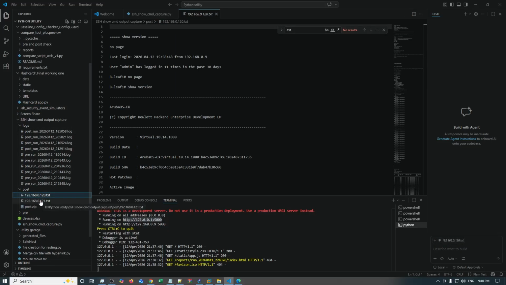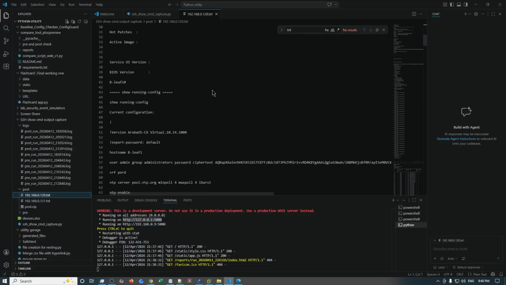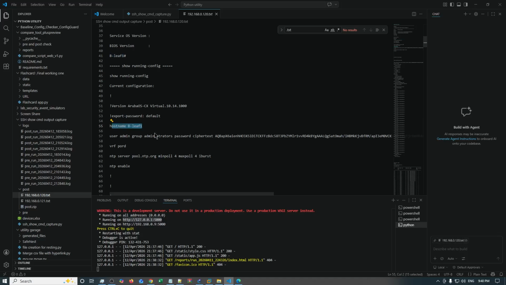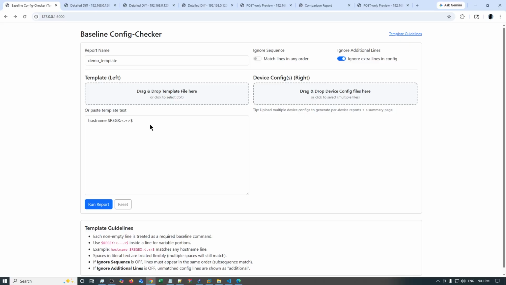We use these two files only. In this file we have the running configuration. Mostly this script is useful for validating the running configuration, like whether the host name and password are present or not. If you have a new user like user Yogi, is it present in all the devices? Is NTP enabled or not? For example,